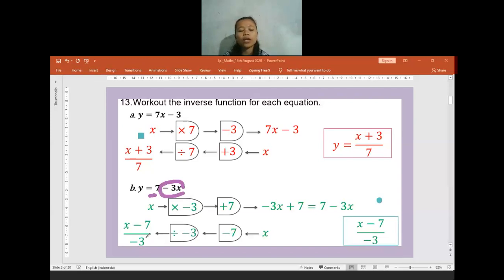Is there anyone having any question for question 13a and b? No? Okay. If no one has any question, I will move to question 13c, d, e. Wait, teacher. Oh, okay, I'm still here, I'm not moving yet. Yes, this is the revision question. We discuss all the revision questions. Is there anything that you need to clarify?